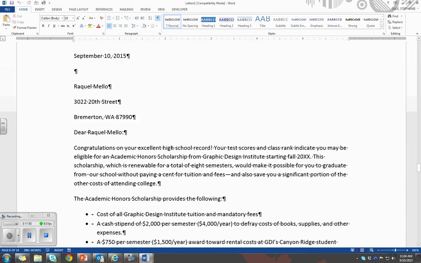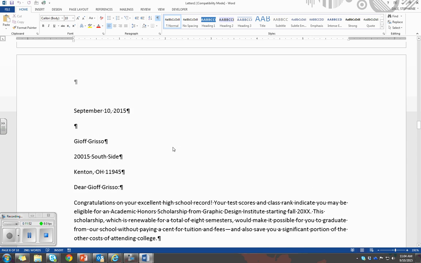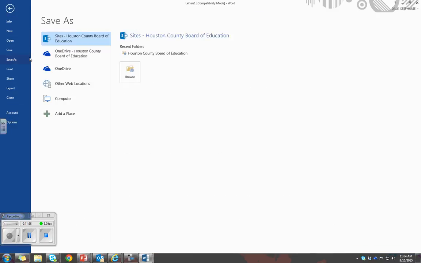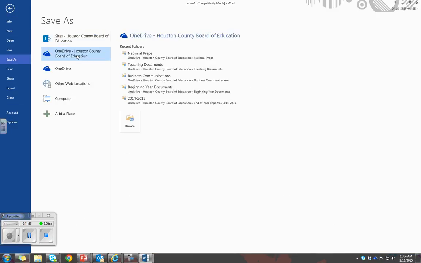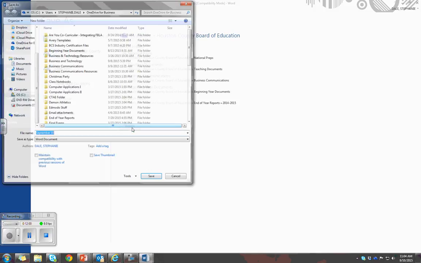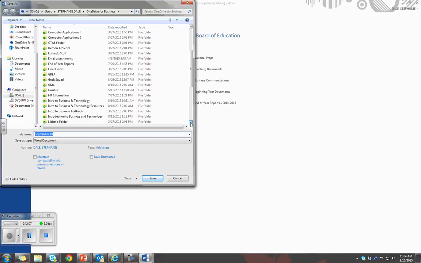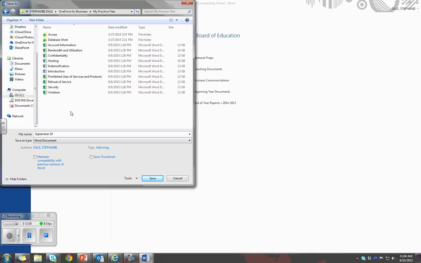We're going to save this. So you should go File, Save As, into your OneDrive, Houston County Board of Education. You'll want to navigate to your Missdale folder, and I'm going to navigate to my practice files folder. And we're going to save this as